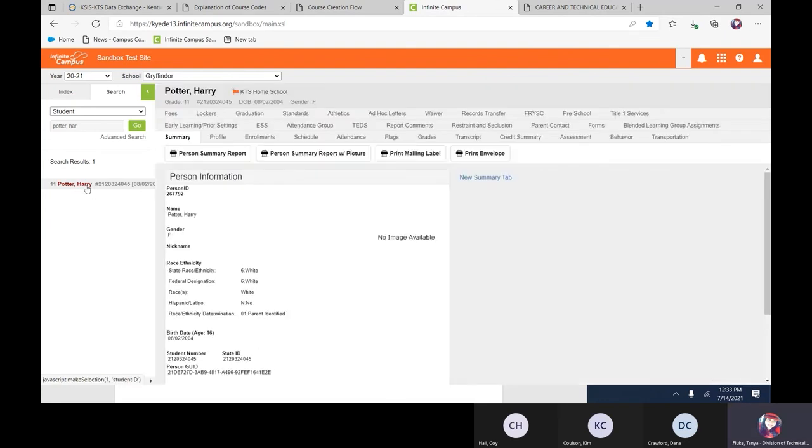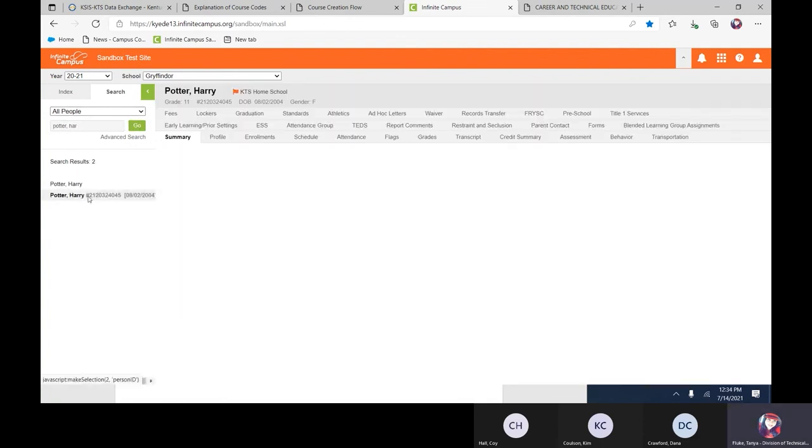So let's say Harry Potter comes in and says that he wants access to his child's records. He wants to be able to get into the portal. So you'll go to search for all people and you'll go to Harry Potter. You'll go to his record